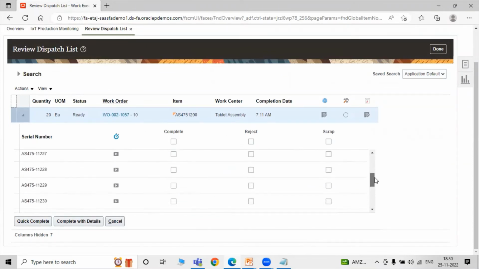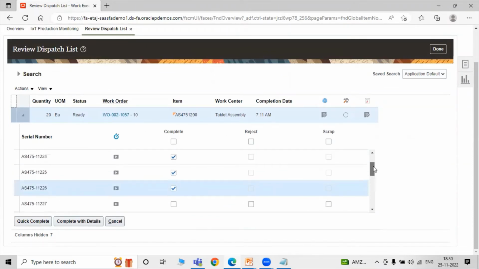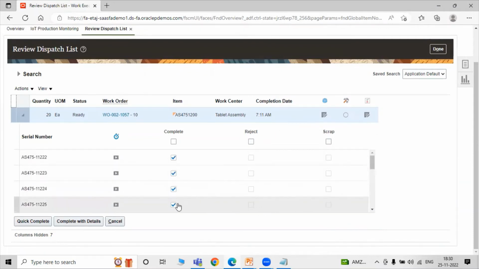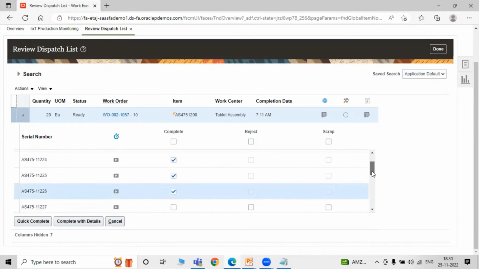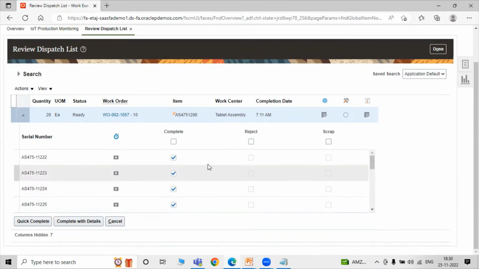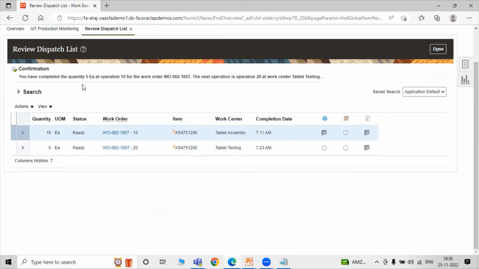We are sending 5 items to quick complete. Okay, so 1, 2, 3, 4, 5, yeah, we selected 5 items. Just click on the icon, that is quick complete. So you have completed the 5 quantities at operation 10 for that particular work order 1057, and the